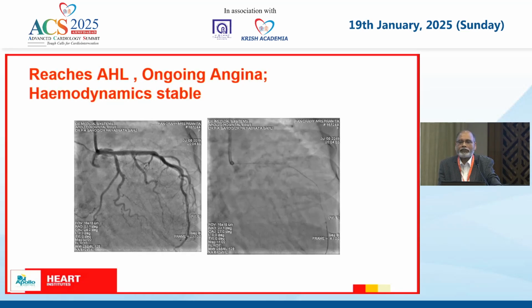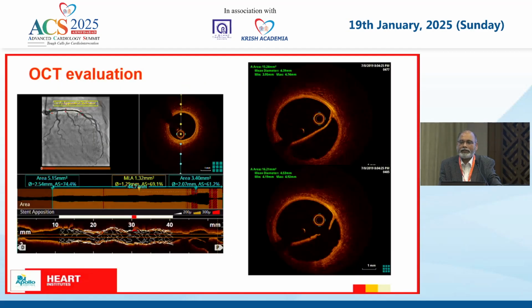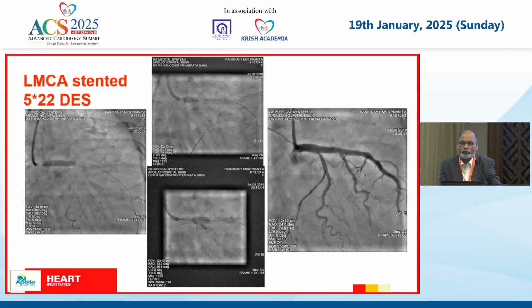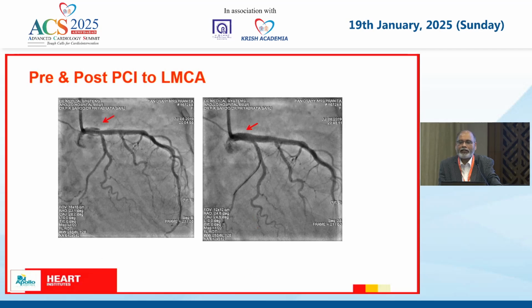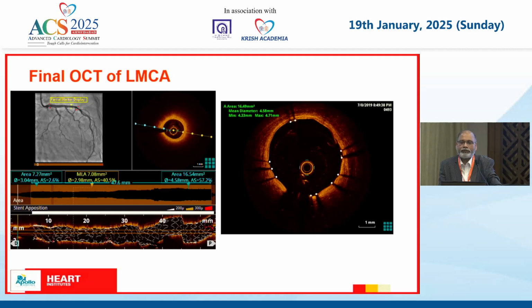There's the left main dissection. The patient reached our hospital with ongoing angina, but hemodynamics were luckily stable. I told them, don't take out the sheath, just send the patient with the sheath inside. And you can see how the dissection has taken place in the left main. There is no other way out but to take another stent, cross into the true lumen, put the stent and come out. So this is what I did. A 5 millimeter by 22 DES was put, and this was the final result after putting a second stent. Here you see the left main is well protected,